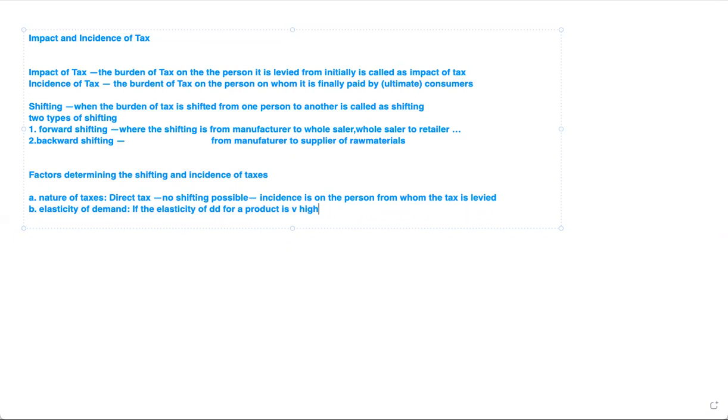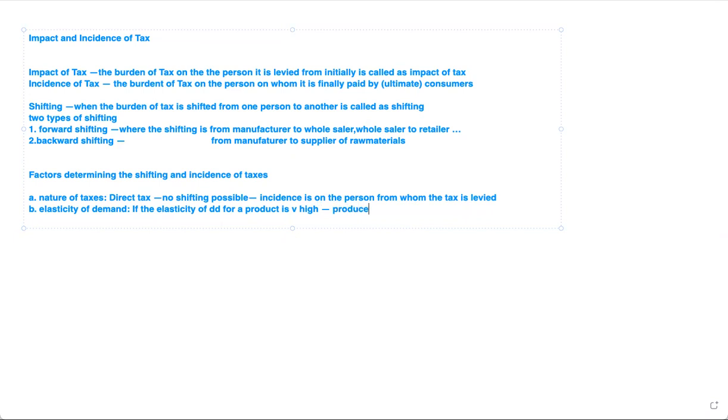तो क्या होता है? In case I am saying I will shift the tax also on the consumers, consumers क्या करेंगे? डिमांड नहीं करेंगे प्रोडक्ट का, बराबर क्लास? Are you following? Yes, ma'am. So what will happen here? Demand for the product will fall. Therefore, producers will be hesitant to shift the tax on the consumers. If the elasticity of demand is very low, then shifting of the incidence of tax will be lesser. Right?